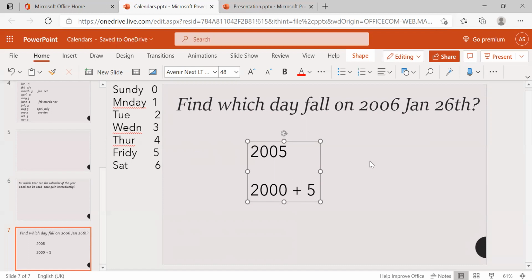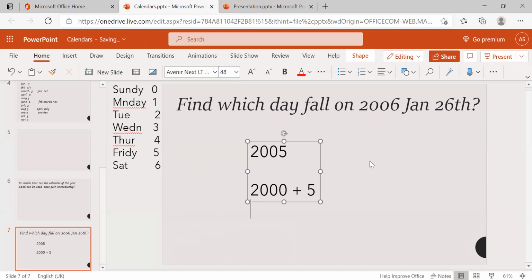Why am I writing it like this? We know that after every 400 years, odd days become 0 and the calendar will repeat. In the previous class we discussed this. Do you remember?